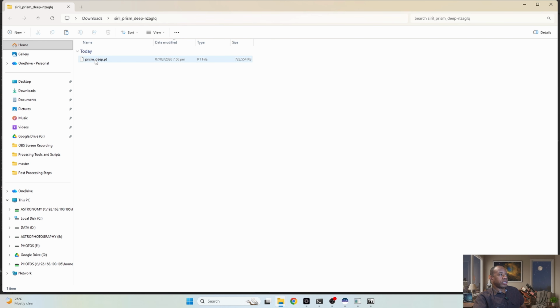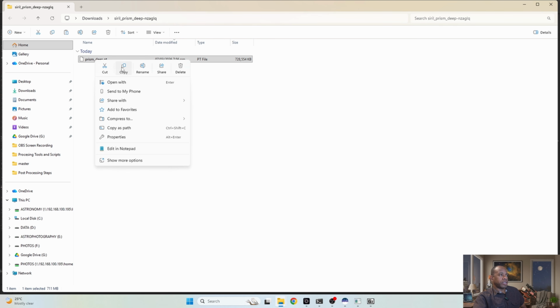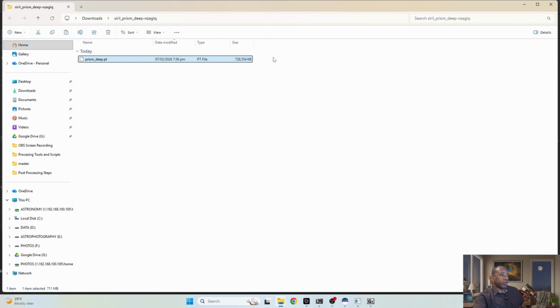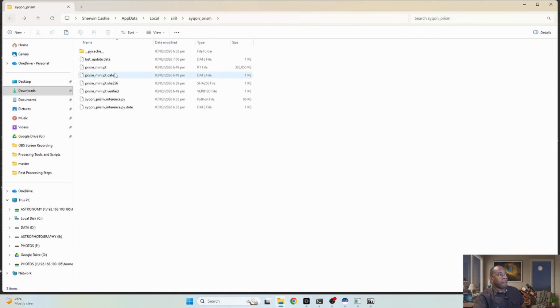Right, so it's been extracted. So I'm just going to right click. In this instance, I can just make a copy, or you can cut it, either one. And remember, Prism would have automatically pointed to where it needs to be installed, which is in this folder. Now, in the unlikely event that you're unable to see the updater folder, if you're doing it manually,